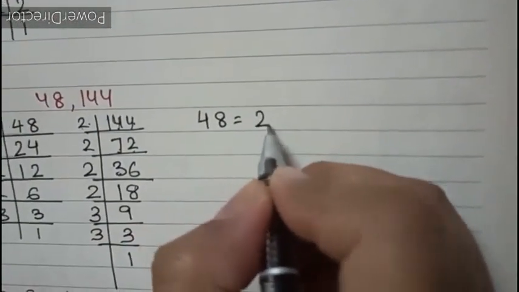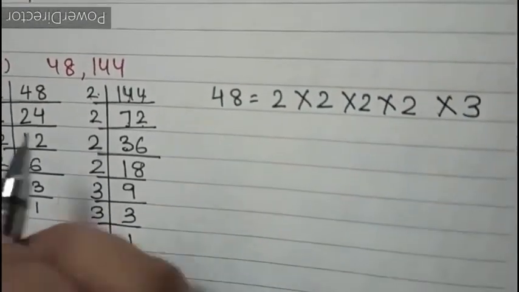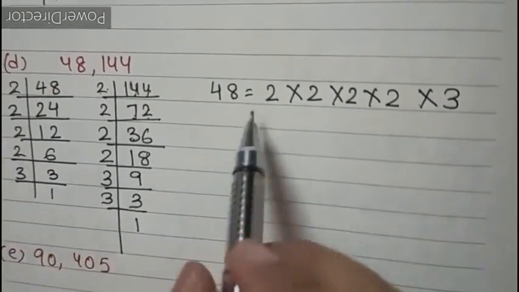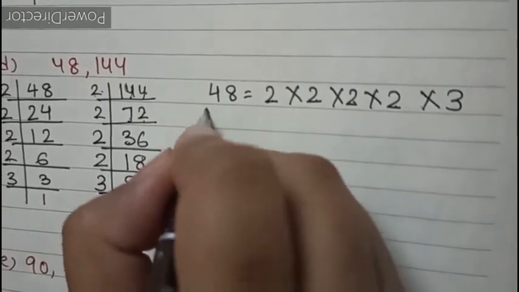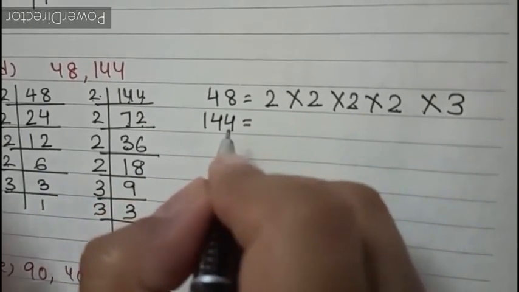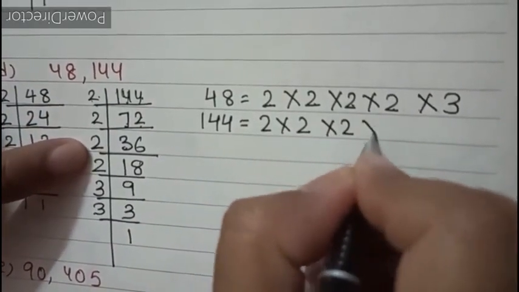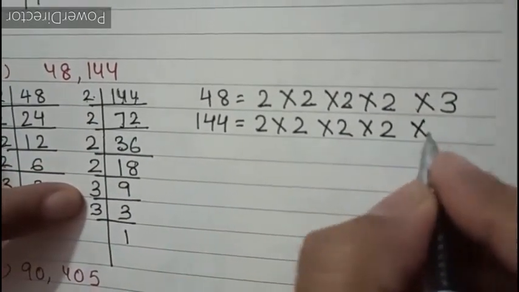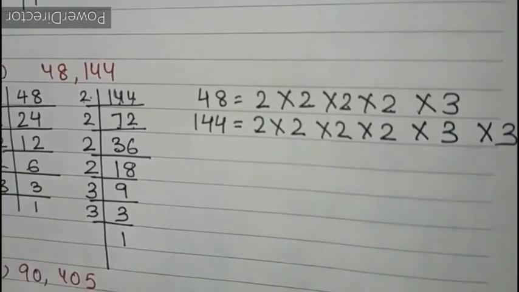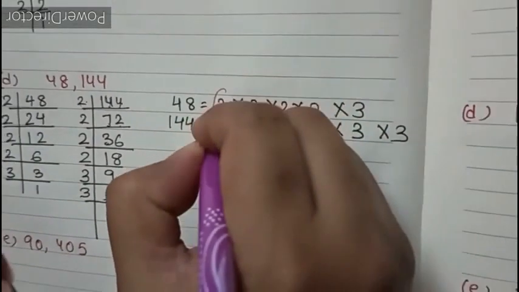Now children, we will make a list of the prime factors of 48: 2, 2, 2, 2 and 3. Let's check: 1, 2, 3, 4. So here I have written 4 times 2 and one 3. Let's make the list of factors of 144. 2, 2, 2, 2. So here also we have 4 times 2, then 3 is twice. Now again we'll see what all are the common factors. So these are the common factors.